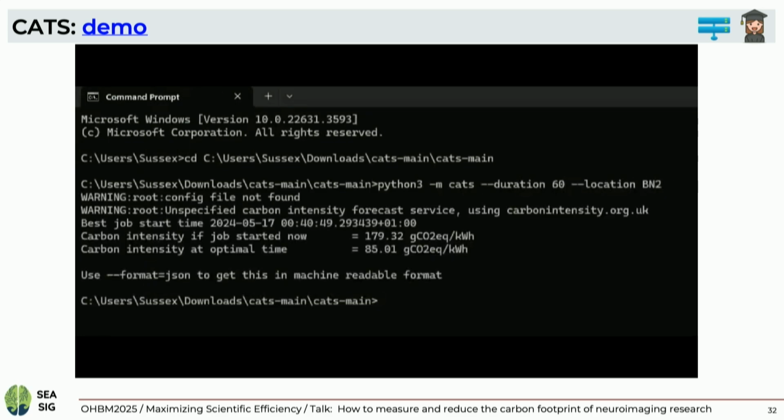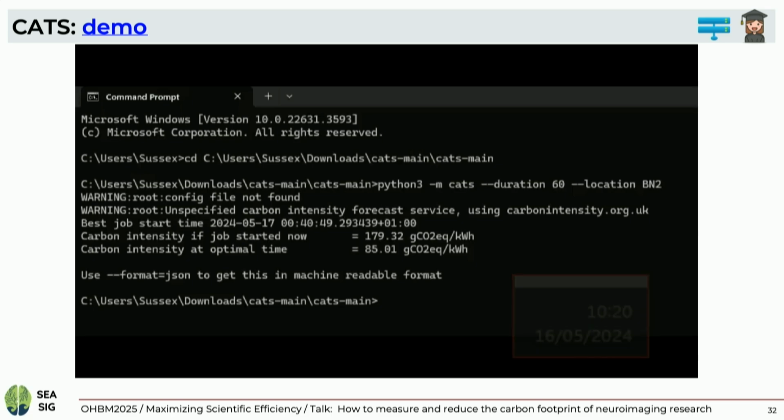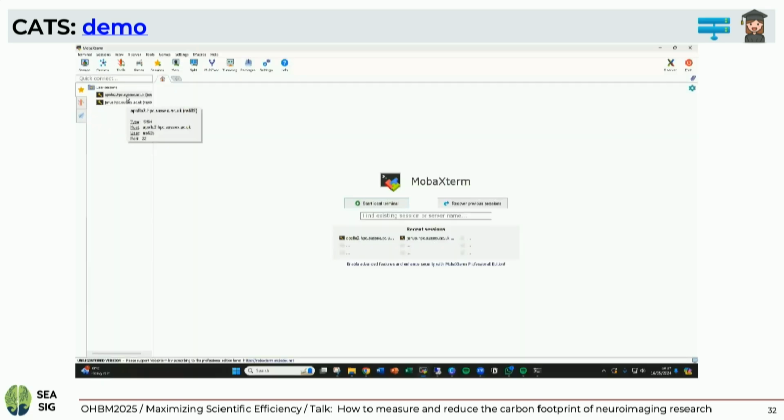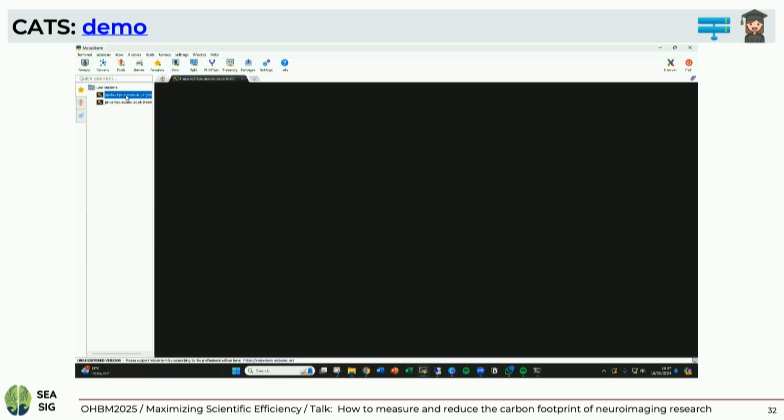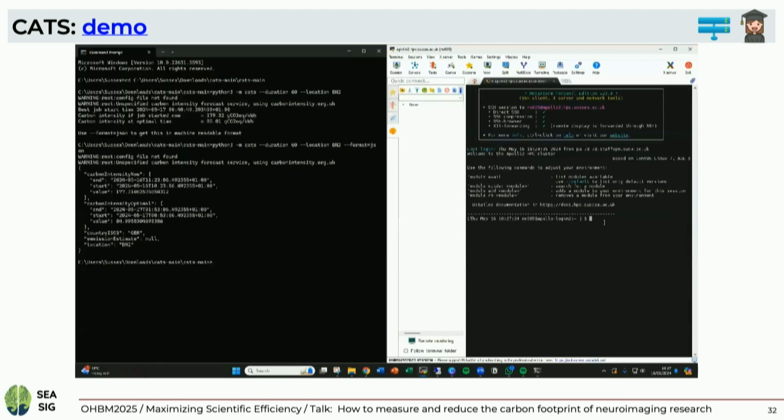But again, it basically tells you if you run it right now versus if you run it at the optimal time. This is basically showing you will reduce your footprint by more than half. And again, this can be automated by embedding this into a Slurm as well. I think he's going to show that quickly. Or maybe this is SGE, but